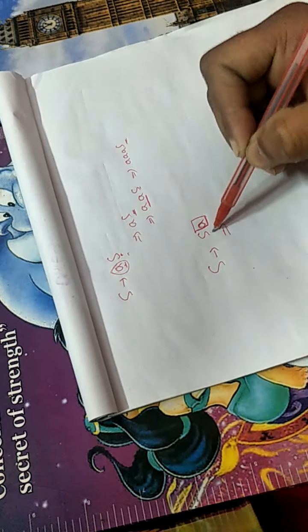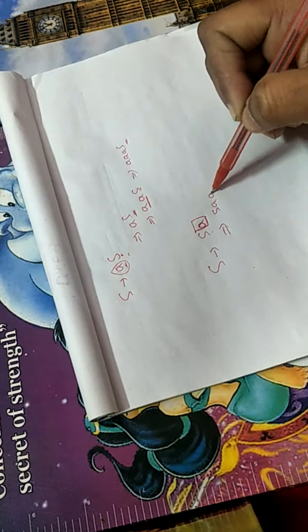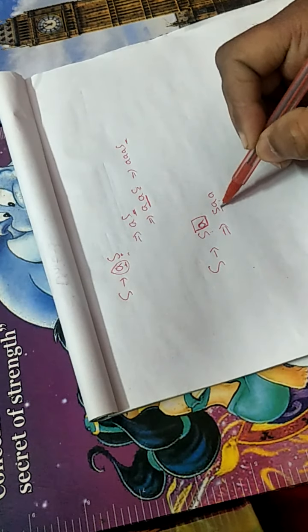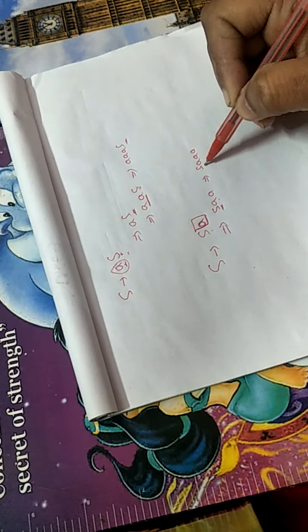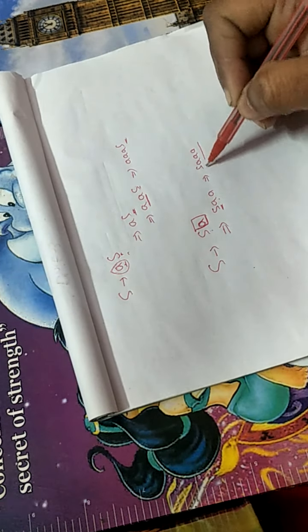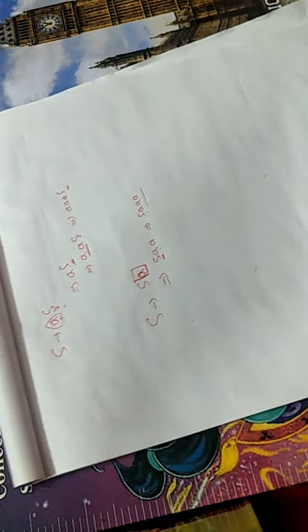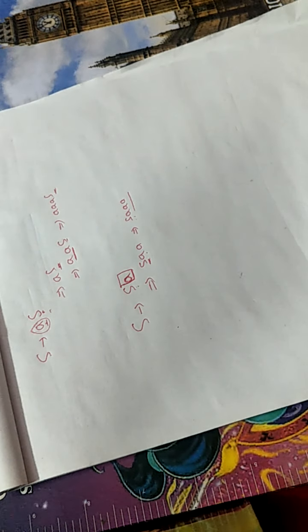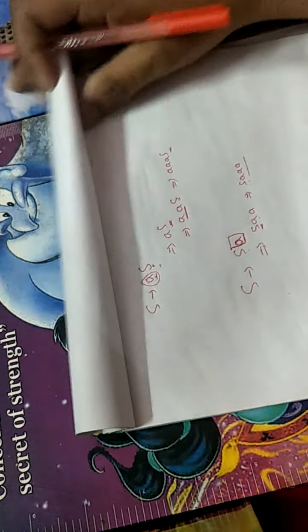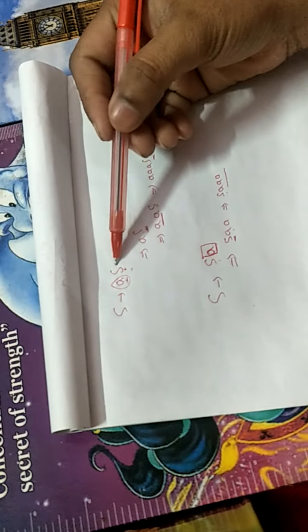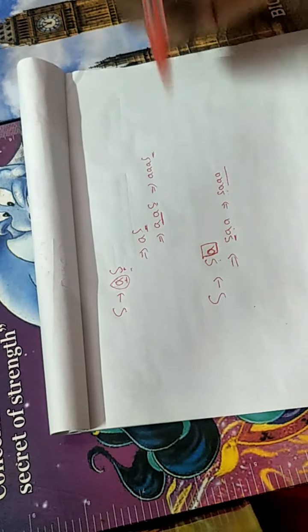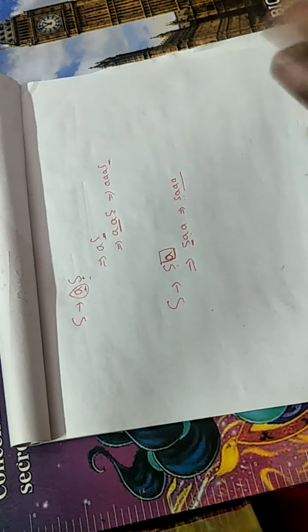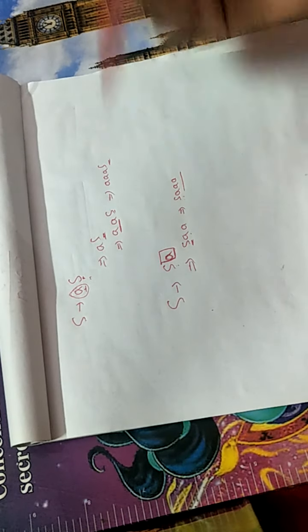Suppose we replace this S by SA, we will get 2 times A. If we replace this S by SA again, we will get triple A on the right hand side of capital S. Then we can put something on the left of a non-terminal, we can put something on the right of a non-terminal, and we can put something on both sides, left and right, of a non-terminal here.